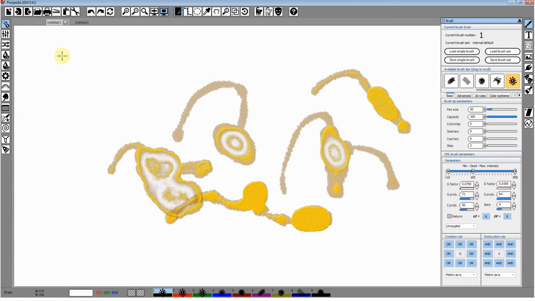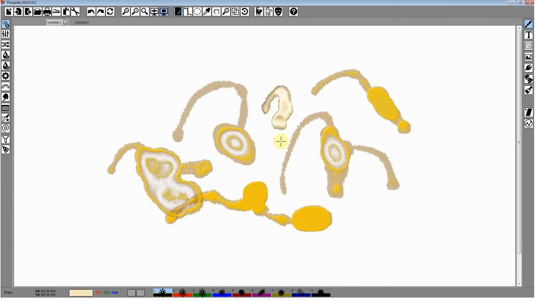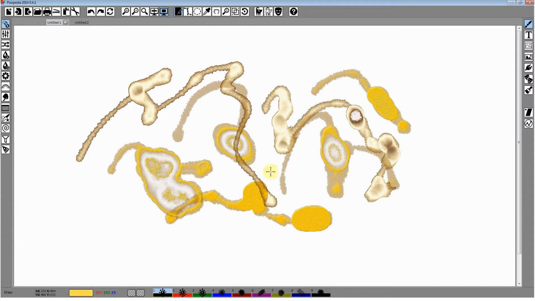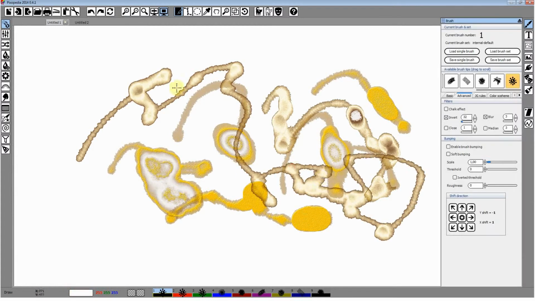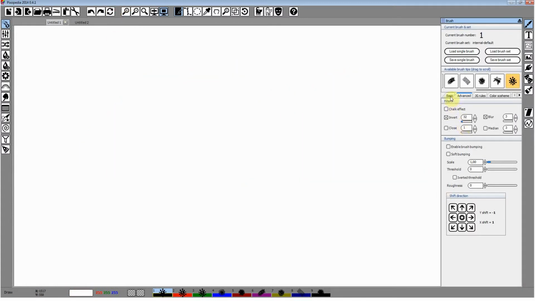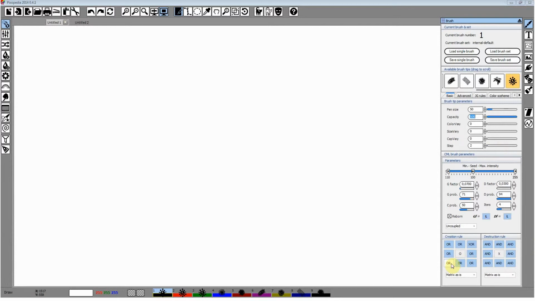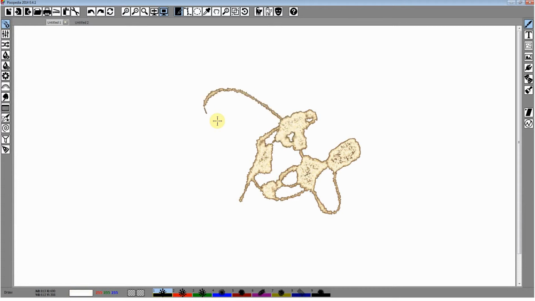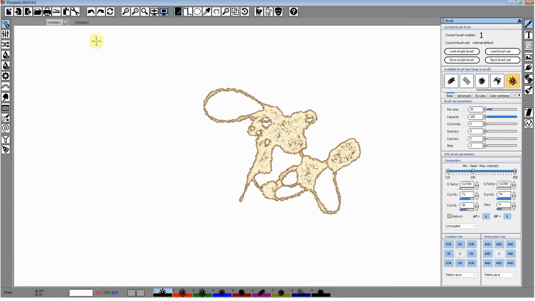Okay, here is another. Of course you can invert this brush, blur it, disable bumping, and get various shapes. Also you can change the creation and destruction rule to get another type of brush, another shape, another type of interaction, and so on.